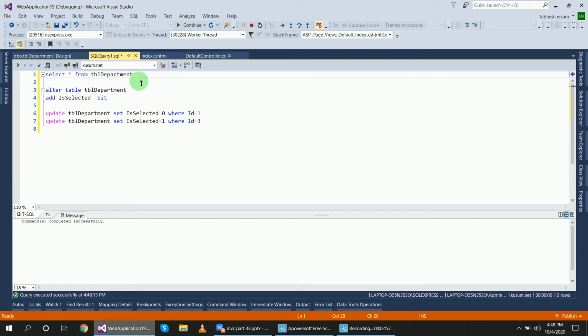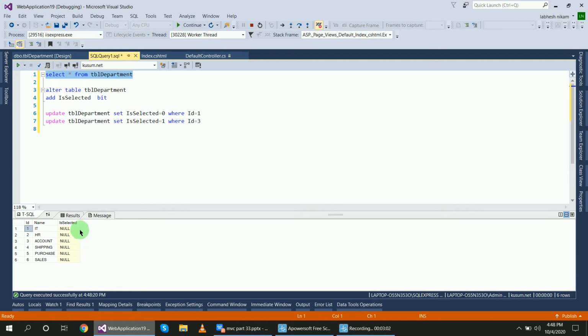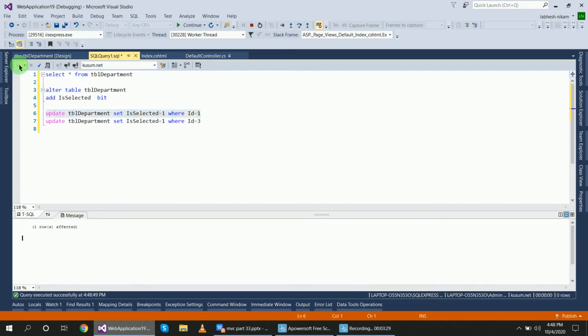Now you can see that the IsSelected property is there. Now I want to set IT as 1, so UPDATE tblDepartment SET IsSelected equal to 1 WHERE id equal to 1. The IT department has id 1. Run this code and check.